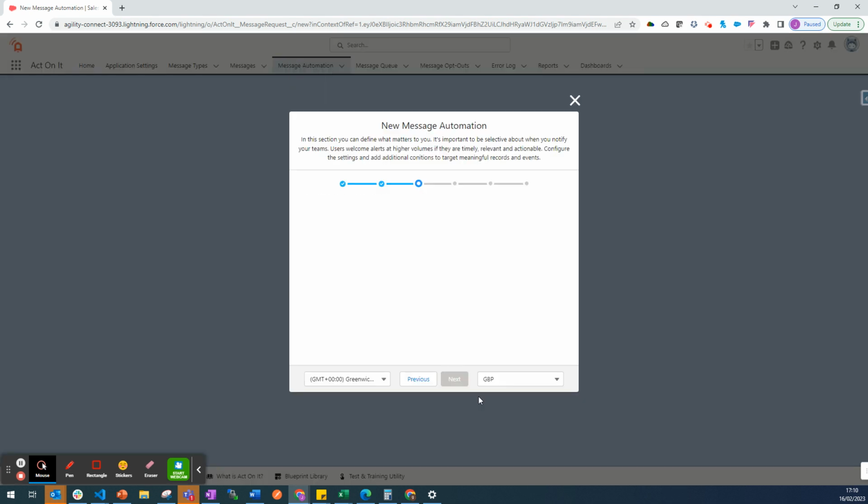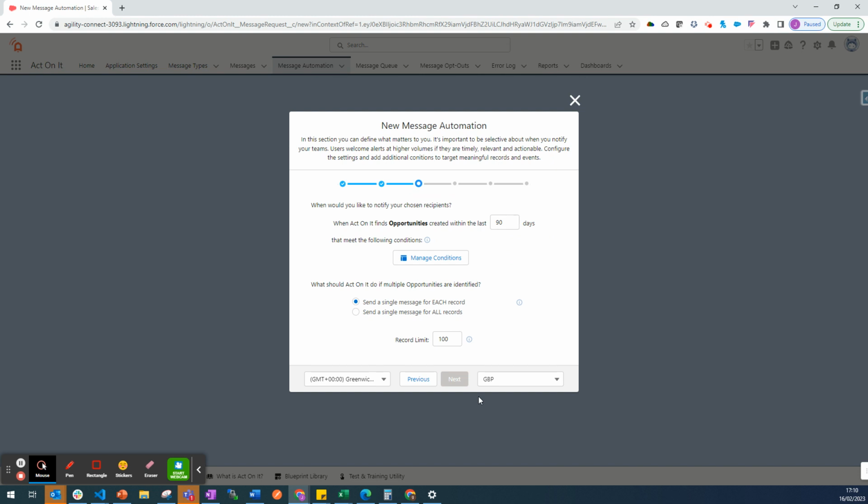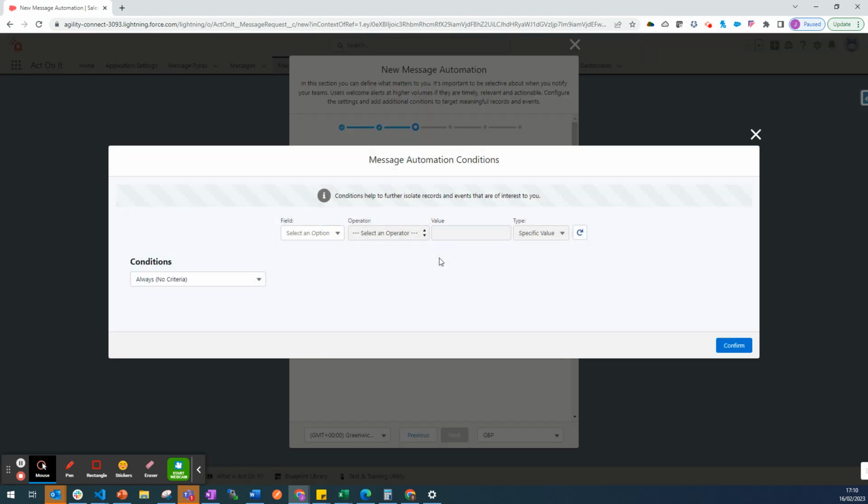And we'll click Next. Then we're asked, when would you like to notify your chosen recipients? When Act On It finds opportunities created within the last, let's just say 365 days, just so we're narrowing it down a little bit, that meet the following conditions. Now, this is where we can really hone in on what we want Act On It to keep an eye on. For now, we're looking for opportunities past their close date, but it could be contracts that